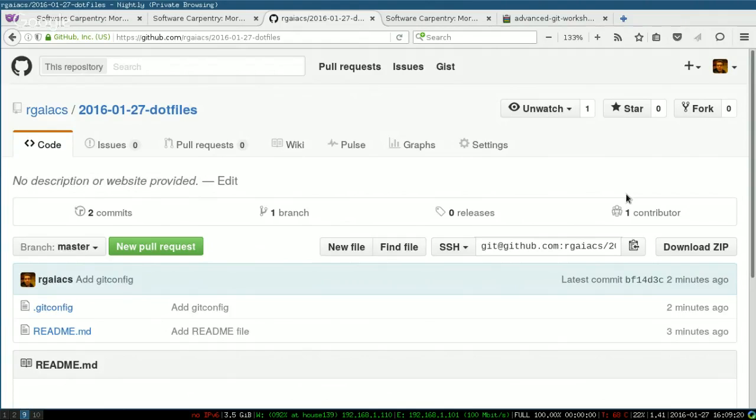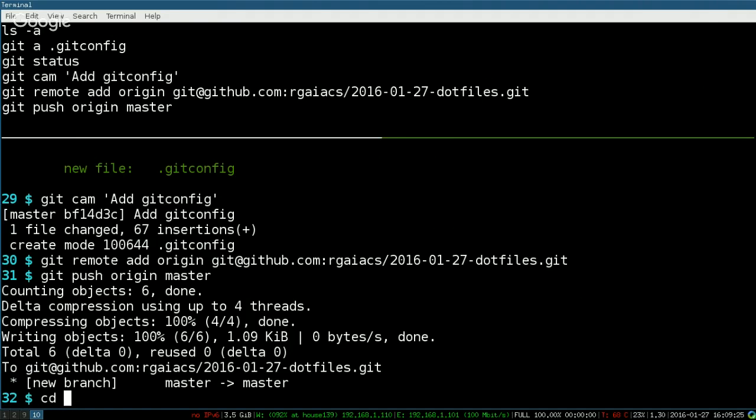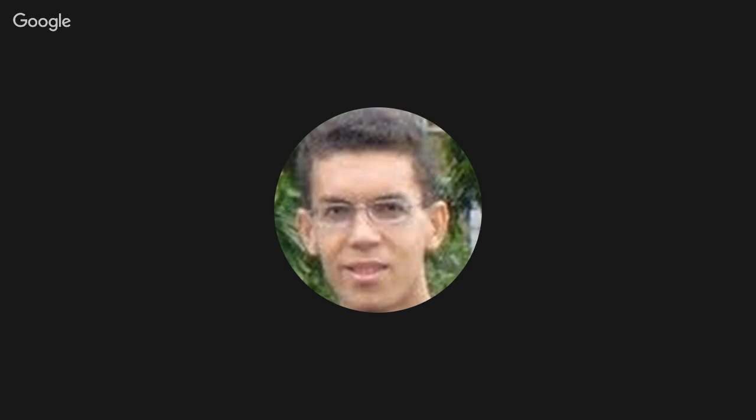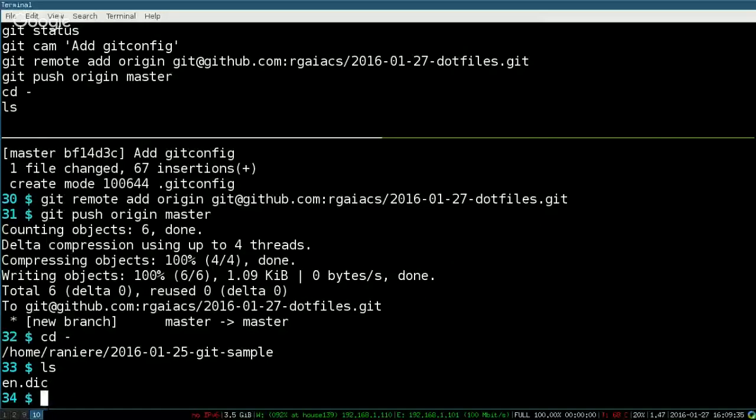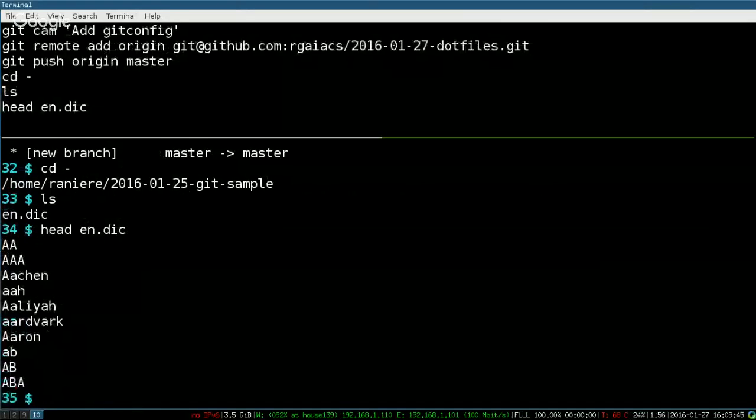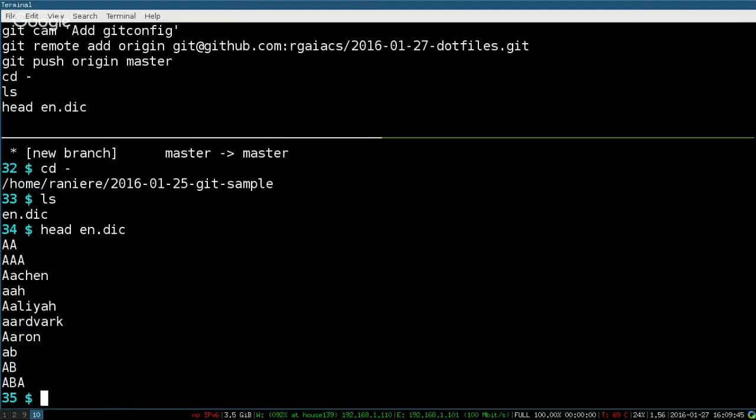So let's go back to the repository and check that we have this en.dic file. This is a dictionary file. You can have a look at the first lines. Each line has one word, and the size of that file